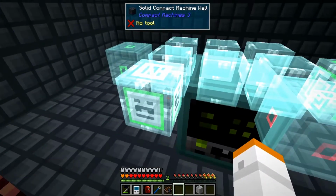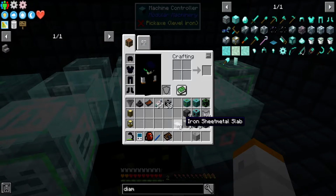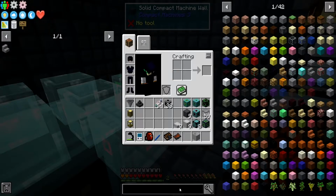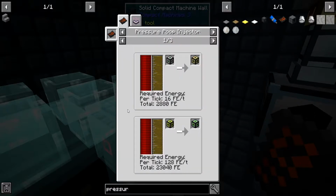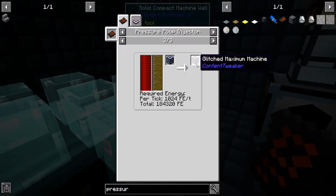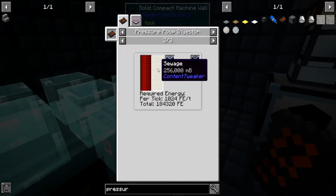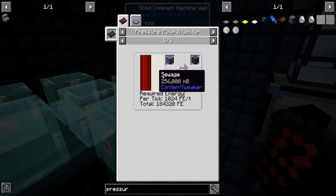So I did do a little bit of math and a little bit of studying, and you're going to have to pay attention when building this machine, because you're going to have to use it eventually to do this maximum glitched compact machine. A maximum glitch compact machine has 2 things you're going to have to pay attention to. It's the amount of sewage it's going to take to pump that in,